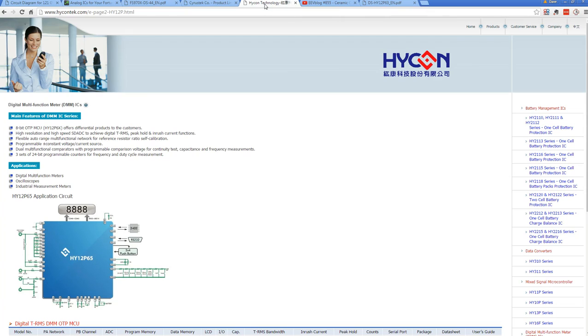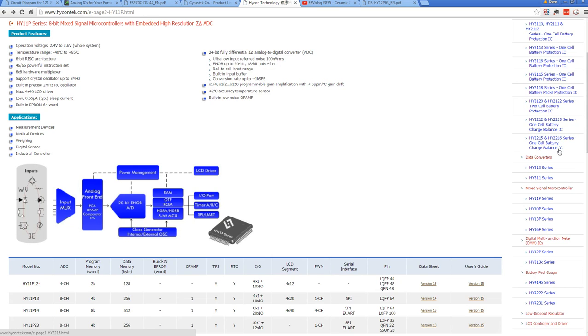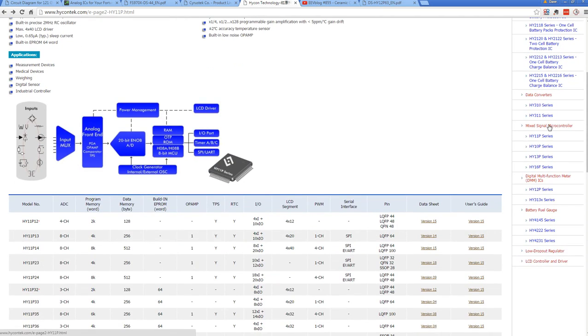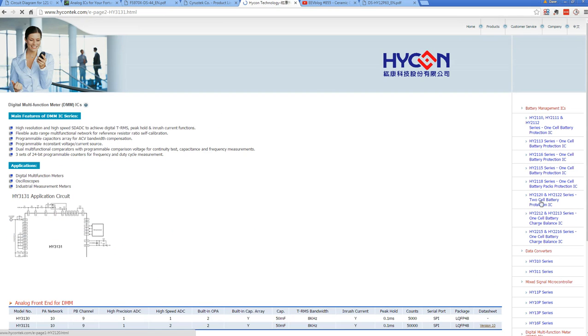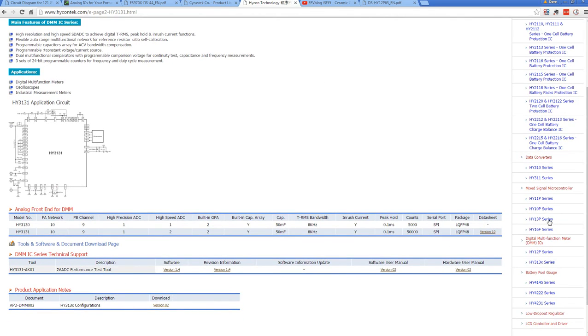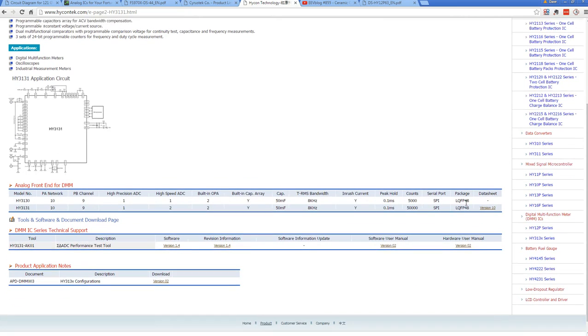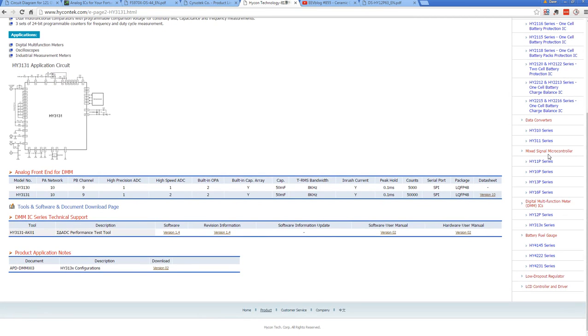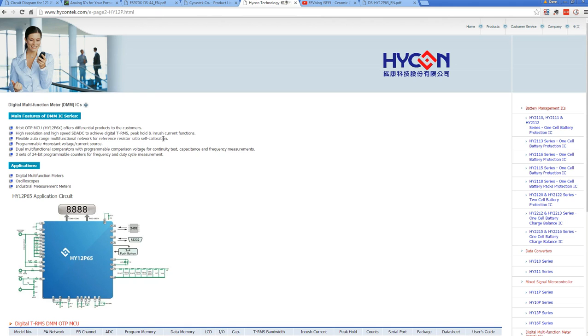And then the third major one is Hikon. And Hikon manufacture, you can see down the side here, mixed signal stuff, battery management ICs, data converters, mixed signal controllers, and digital multimeter ICs. And they've basically got two chipsets here. The 3131 series I've also looked at for a multimeter type design before, but that's a high-end, like 50,000 count design. But if we go over to here, the HY12P series is